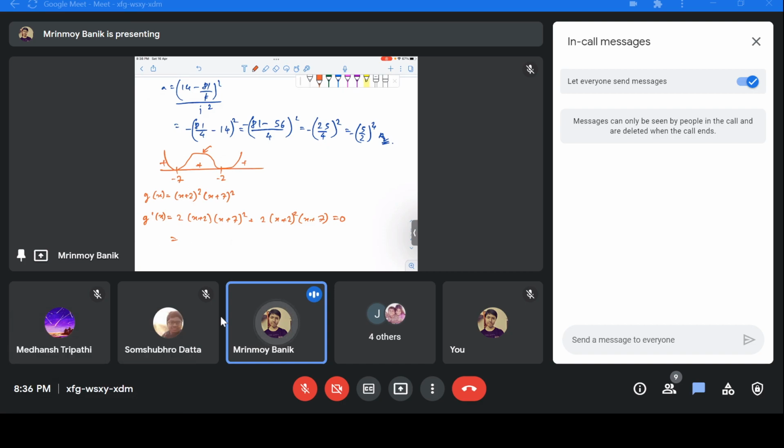So this is a cubic equation, of course, since there are 3 critical points. So we already know that minus 2 and minus 7 are two of those. So we can cancel out one factor of x plus 2 and one factor of x plus 7. So then we are left with